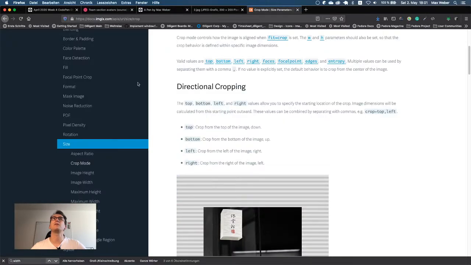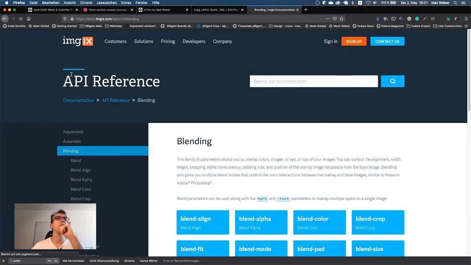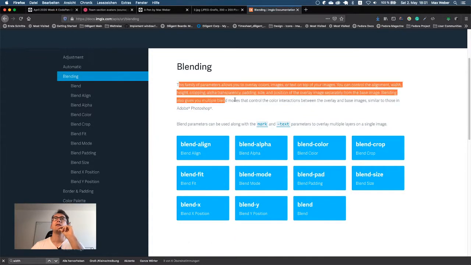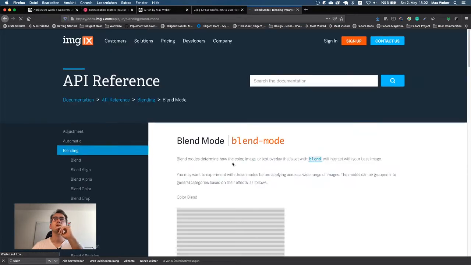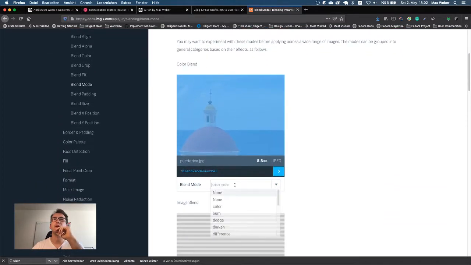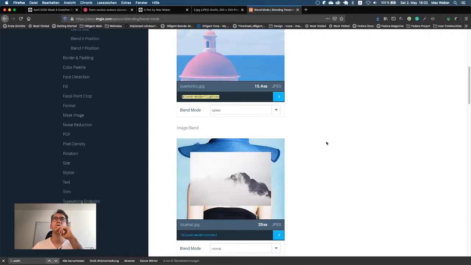So let's have a look. What cool things could we do with these images? We have color blending, right? Blending is always a cool thing. But we could also do that with Flutter. So now my question for you guys is, should we do that with Flutter or should we do it with these ImageX URLs or ImageX documentation? What do you prefer? Or let's have a look at what we can blend. Maybe this makes more sense. Difference, hue, lightened, softened.